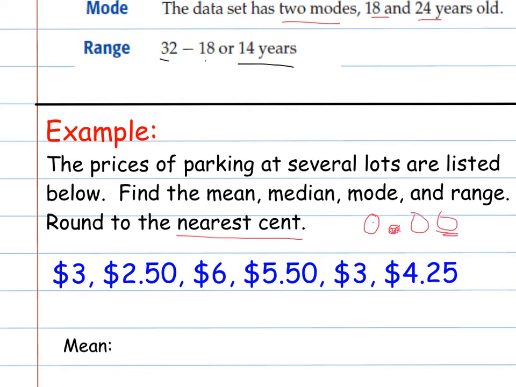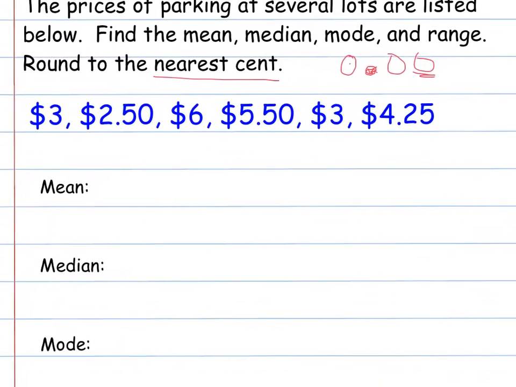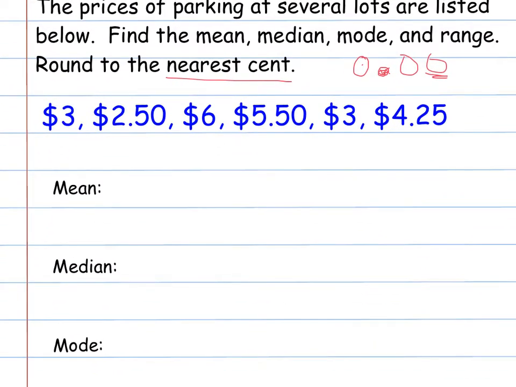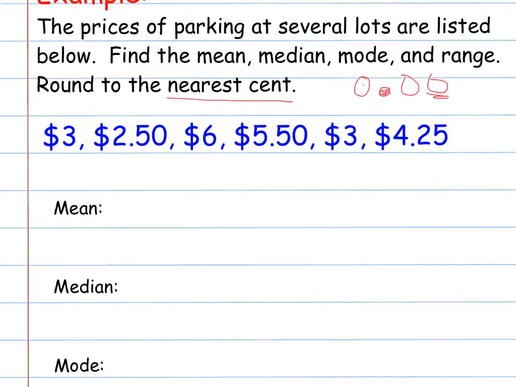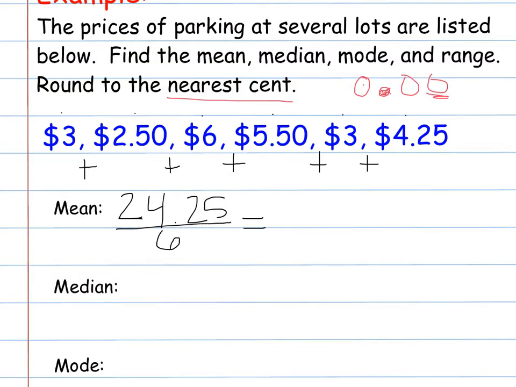Okay? So to find the mean, remember we add them all up. So we're going to add 3 plus 250 plus 6 plus 550 plus 3 plus 425, and we are going to get a total of $24.25. That's not our mean yet, and we see that there are 1, 2, 3, 4, 5, 6 total numbers. So we divide by the numbers in the set, and we end up with